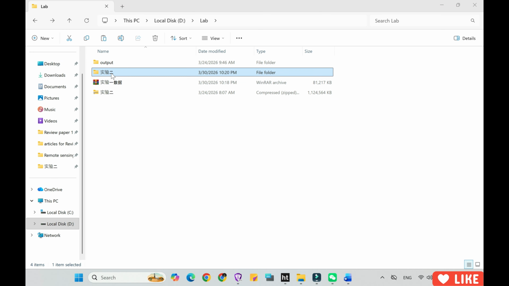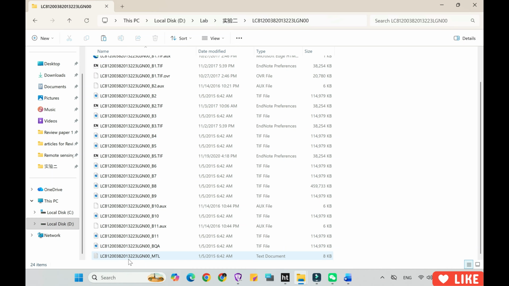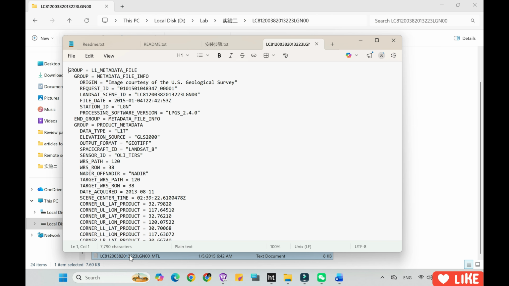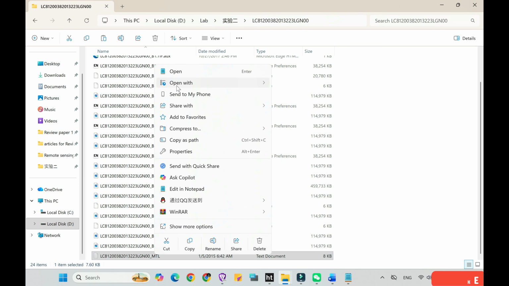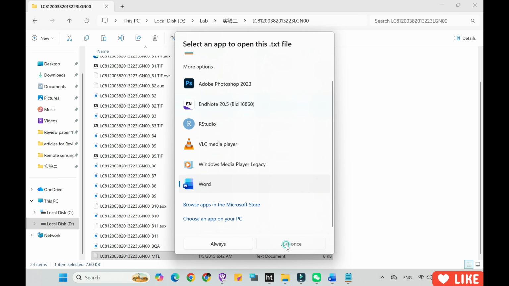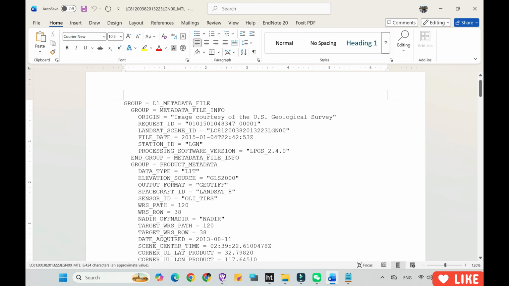Let's open our desired folder. Let us locate the header file, which is a file in the MTL format. So open it now. In this file, we can read all the details of our